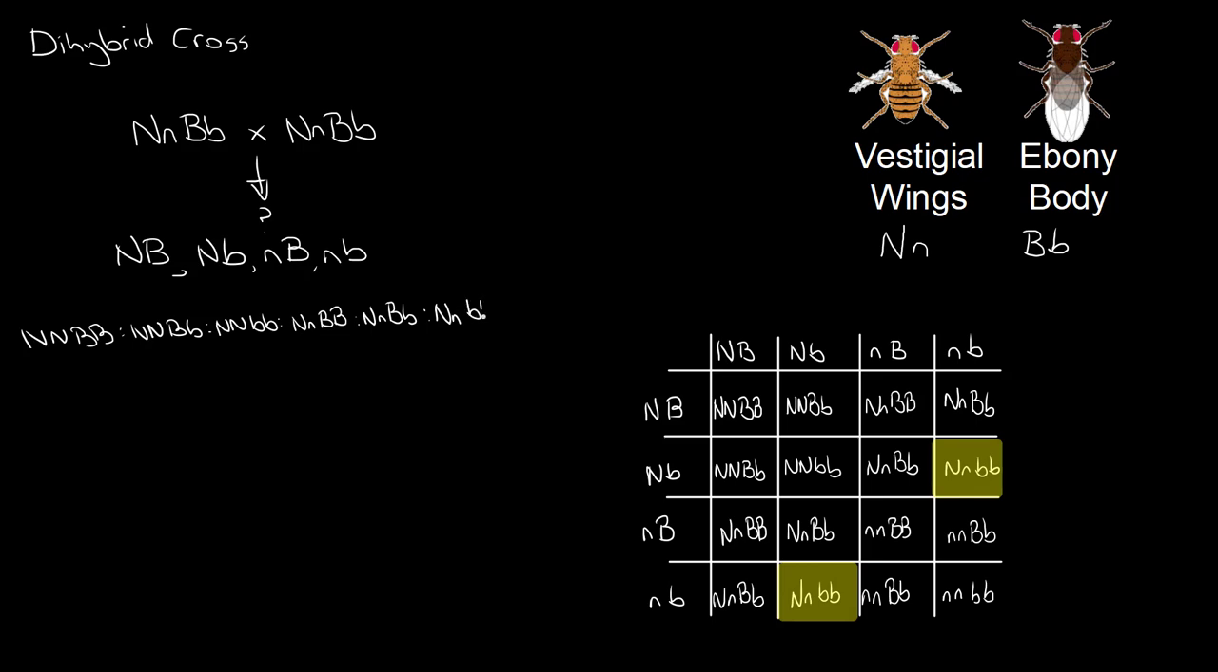and we can have heterozygous for wings and homozygous recessive for body colour, and we can have homozygous recessive, so vestigial winged with normal body colour, vestigial winged and heterozygous for body colour, and finally an individual that is recessive for both characteristics. And if we count those up, we have one individual